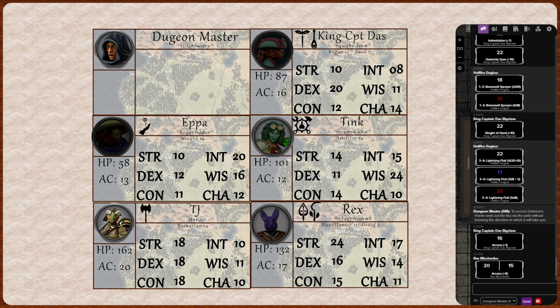It's magically locked because it needs the right key for you to open the door. As it says, you need to seek it out via a path without knowing the direction in which it will.